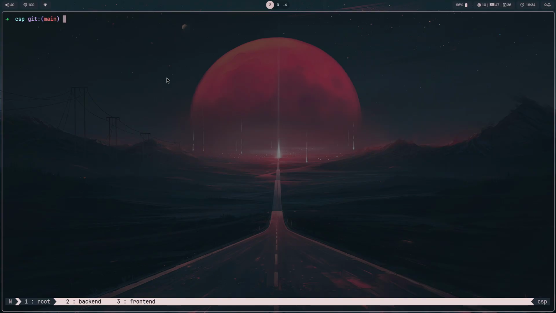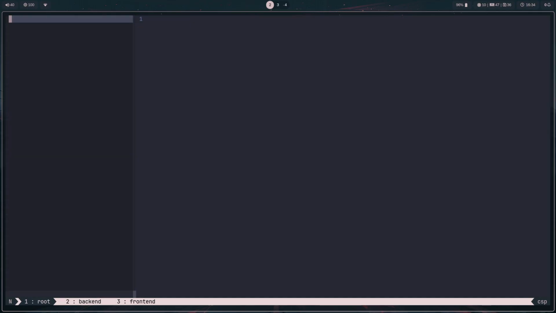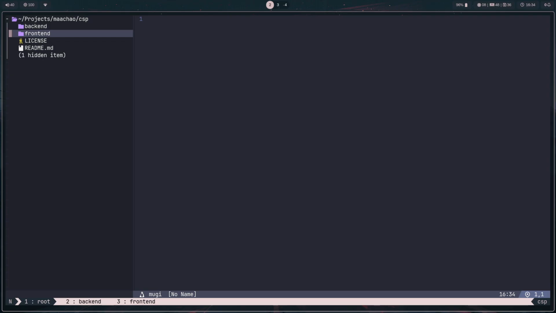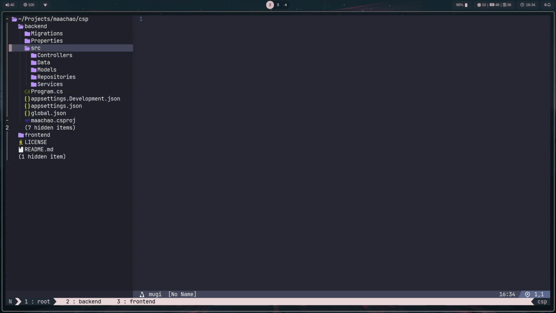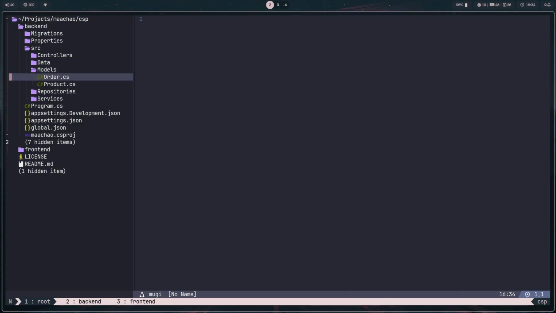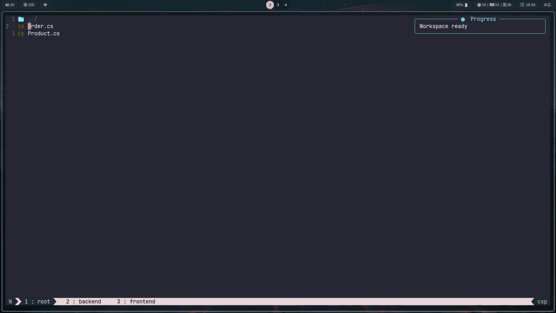Coming back to our code for task one, we have this folder structure, backend and frontend. We split backend server logic into backend and UI logic into frontend. For this, we will just focus on backend right now. So in the backend, as you can see, we currently have controllers, data, models, repository, and services. Data is just seeding data. For this example, models are the model of the system databases such as order and its fields, products and